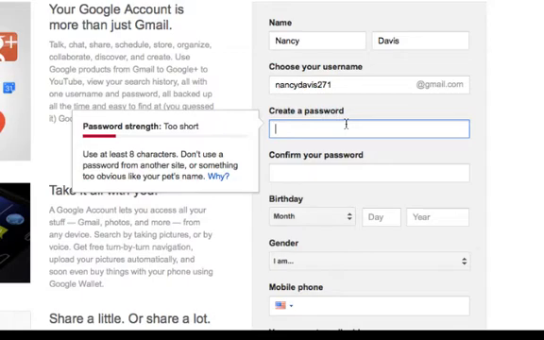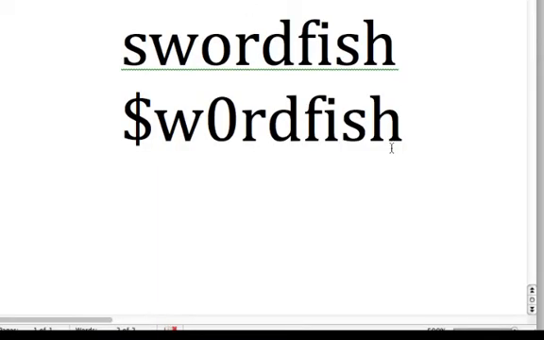The next step is to choose a password. Your password needs to be complex enough that no one can guess it, but simple enough that you won't forget it. For security purposes, Gmail requires that your password be longer than 7 letters. It's also a good idea if you include numbers and punctuation marks, like an exclamation point or a comma. We recommend that you replace letters with numbers. For example, if you want your password to be swordfish, change the S to a $ sign and the O to